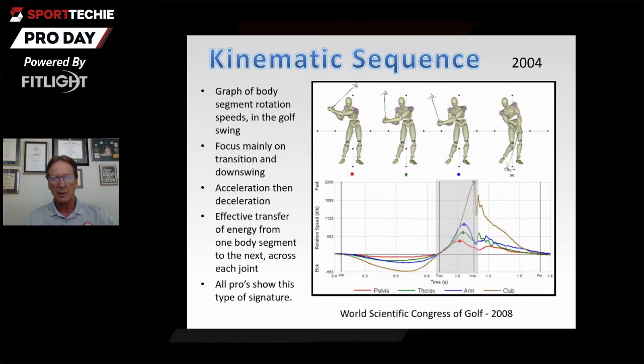The beauty of this is you can really tell the difference between an amateur and an elite or pro golfer. We presented this at the World Scientific Congress of Golf in 2008, showing those differences. So you're able to analyze a golf swing and find power leaks, and find out which part of the body is not doing its job. That was a good example of how we were able to use this motion capture technology in golf. And by the way, I'll show you in a minute that it applies to many throwing sports, whether baseball or javelin, in fact.